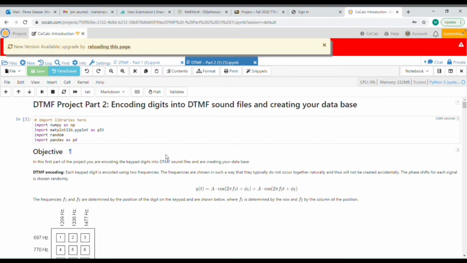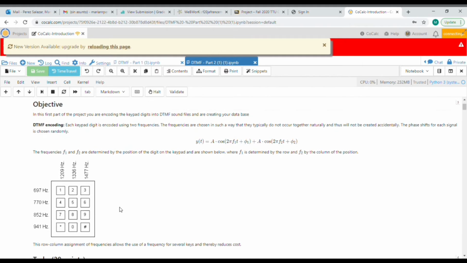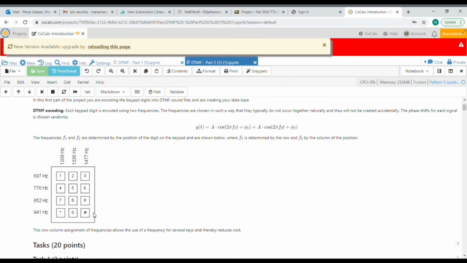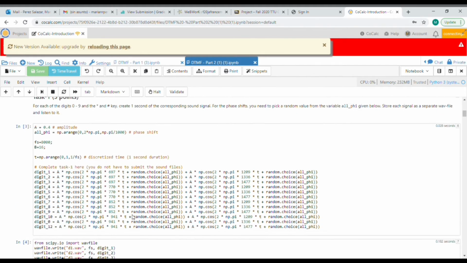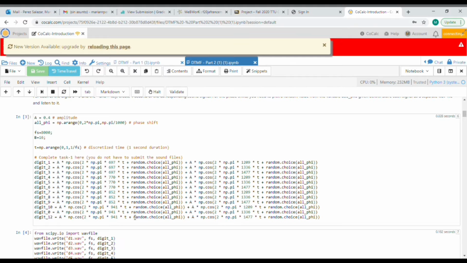Part 2 started a little bit more challenging as the project went along. We were given a row column assignment of frequencies for digits from 0 to 9, and also asterisk and pound. The first task, I found it very challenging and difficult to understand. After I understood, I was finally able to define each digit using the formula given for tones with 2 frequencies